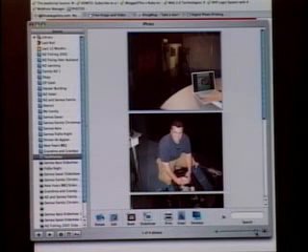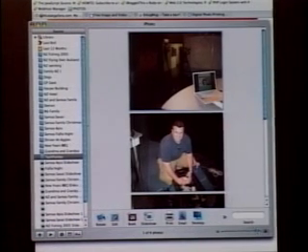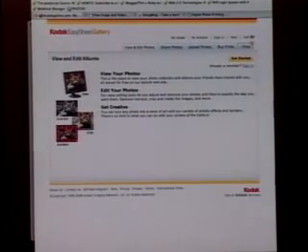Once I have the photos downloaded, I was able to pull them into this program. Now, there's a couple options that you have once you get your photos onto your computer. I'm going to show you a couple websites here. If you're sharing photos, it's always easy if you could just send them online to a photo sharing site.